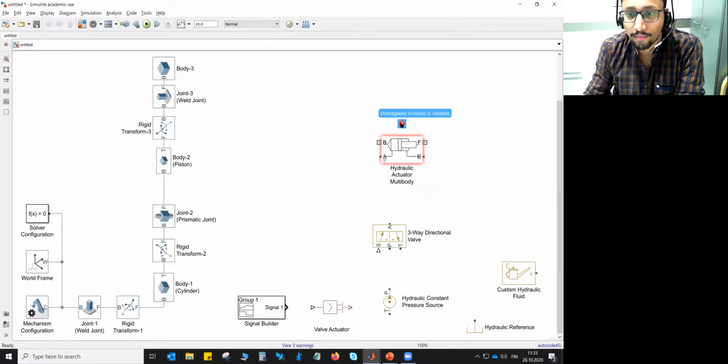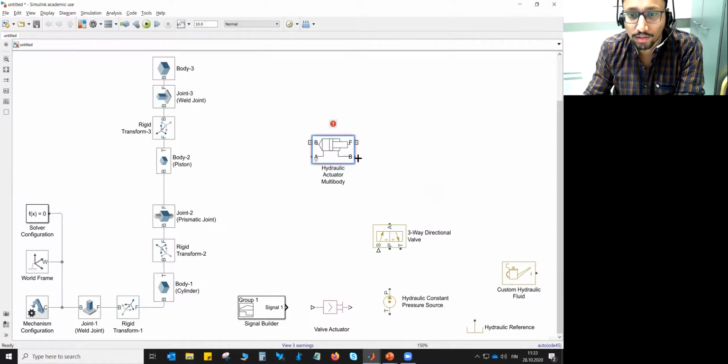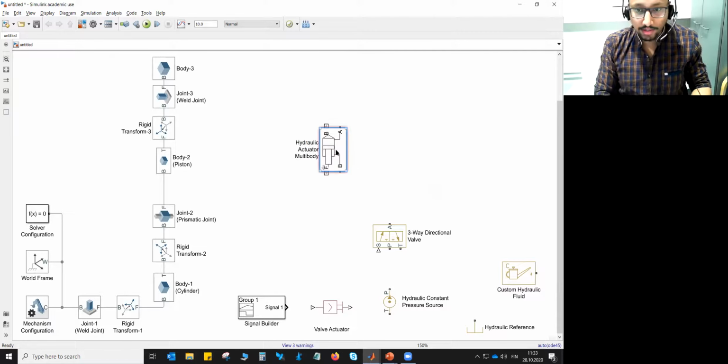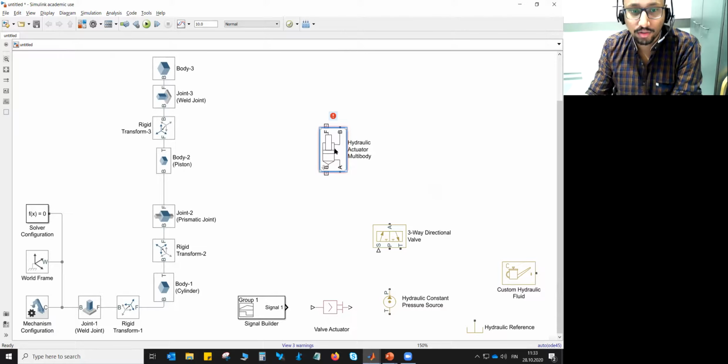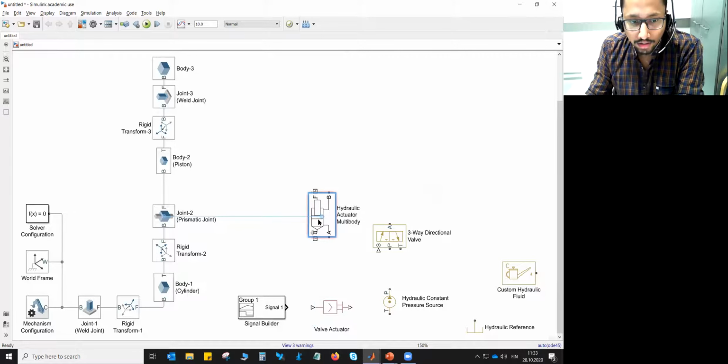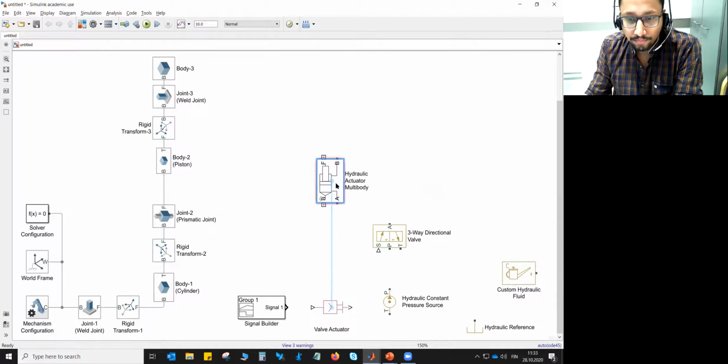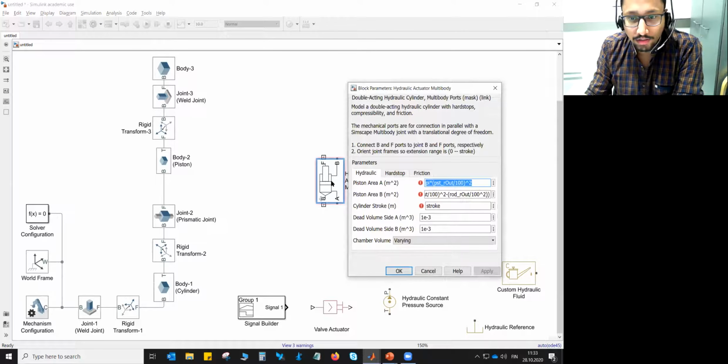Obviously, it's showing some unrecognized function or variable. I will show you what it is. Let's orient it like this. So this is how it will be connected parallel to this joint. Okay, so let's define some properties for this.